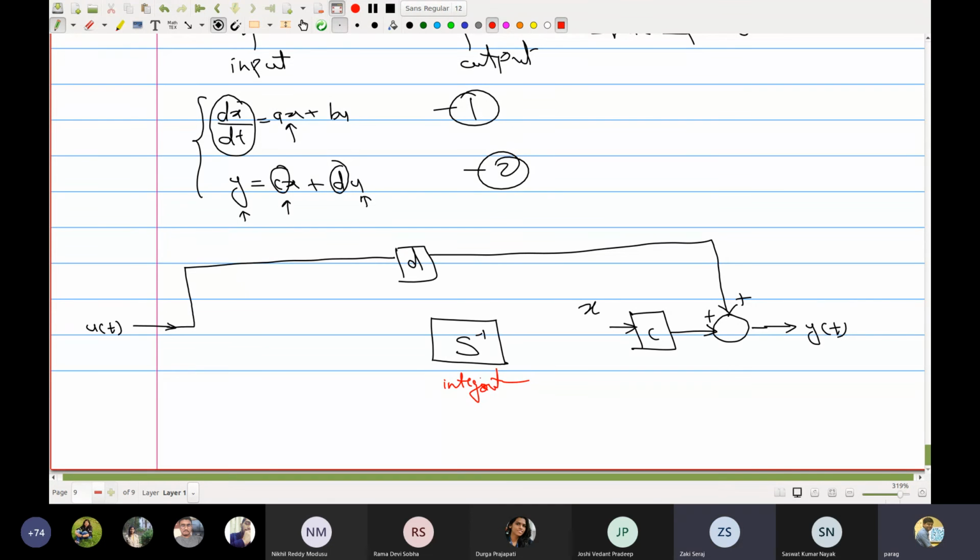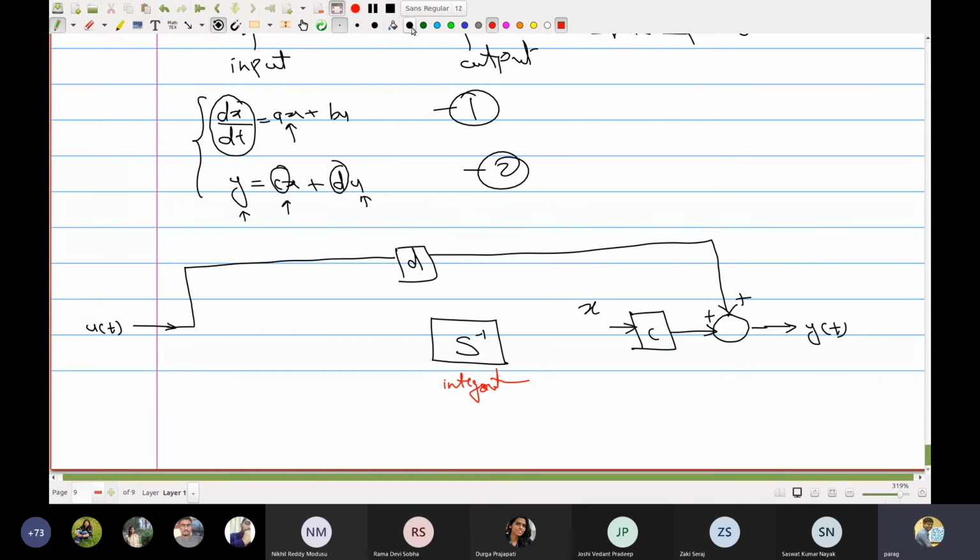So this is an integrator. What will be the input? Sir, it is 1 by s, right? S bar. This is the general symbol for an integrator. Sir, I have once seen 1 by s written. So it is S inverse, S to the power minus 1. Yes, you can write it as 1 by S. I have written it as S inverse, but this is just a symbol which means that you are integrating.